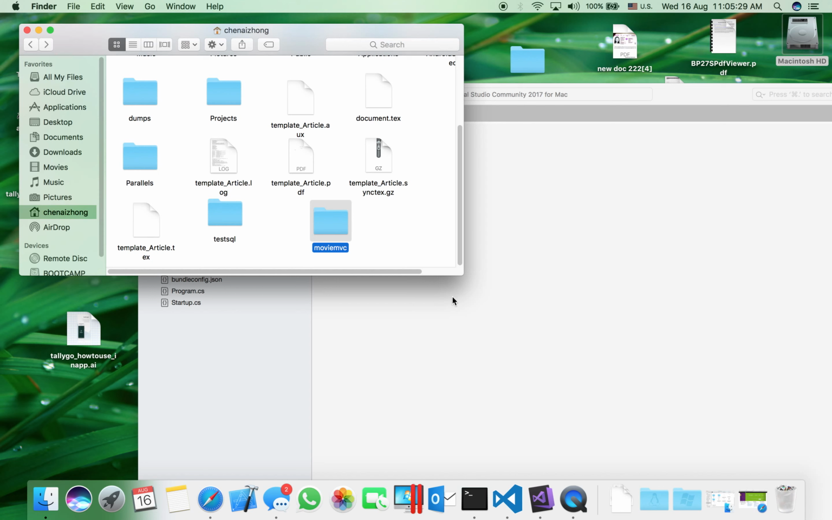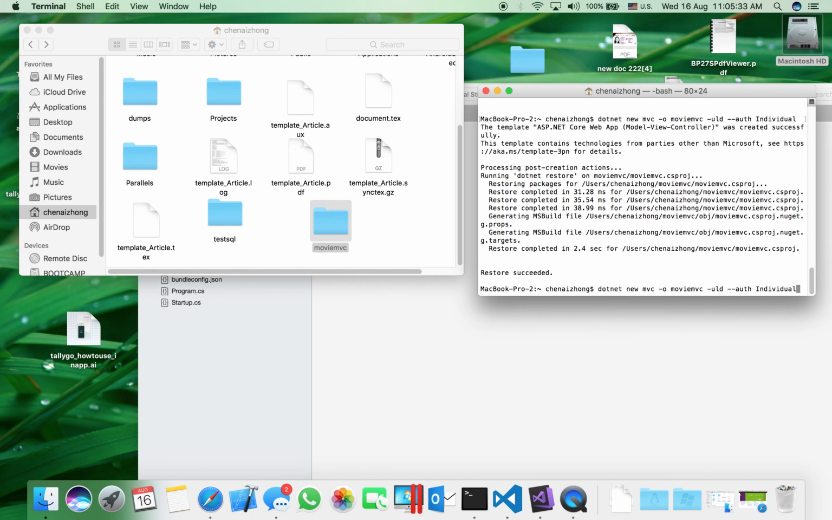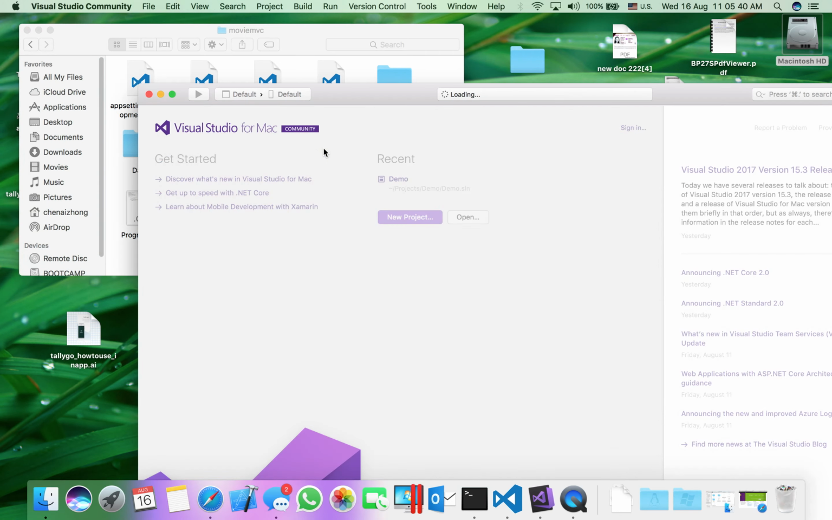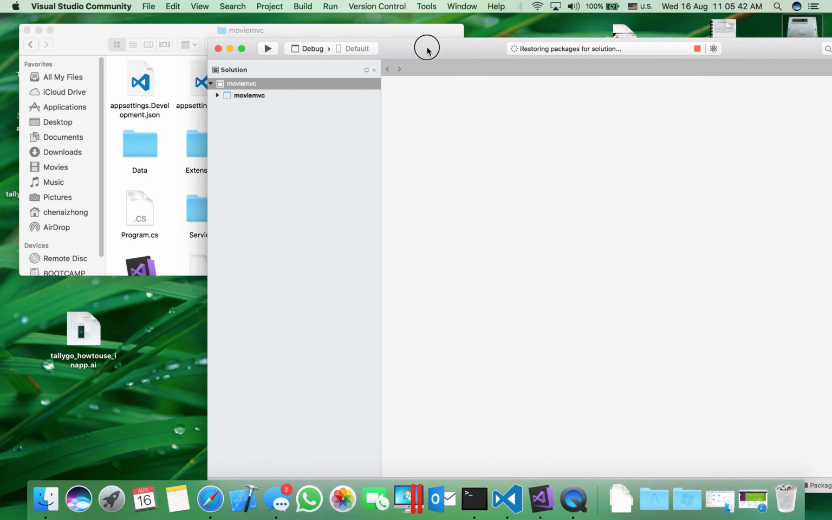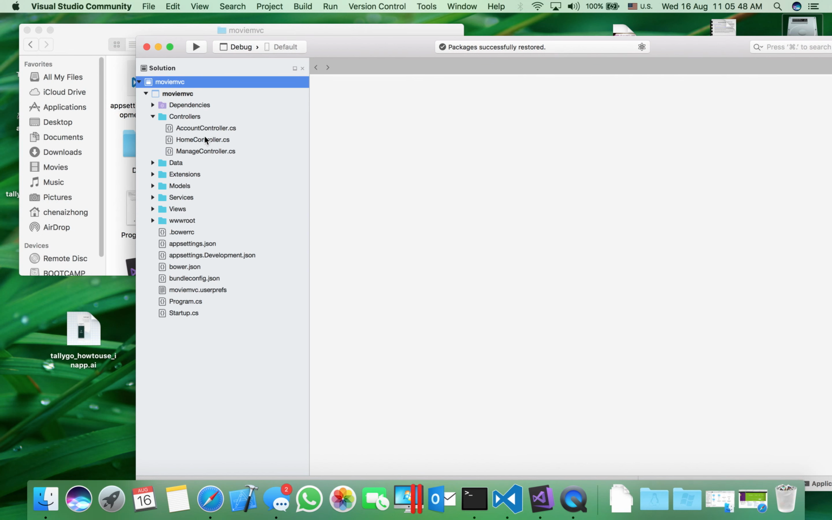New movie MVC folder. So I just open up the project. You can see that we have this account controller and manage controller. So if we run the project,